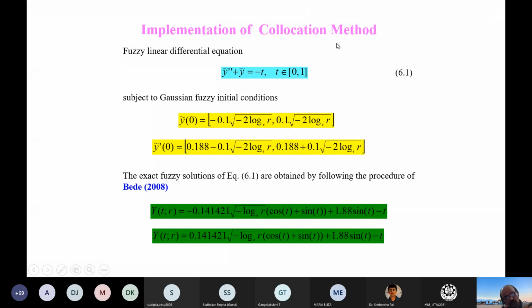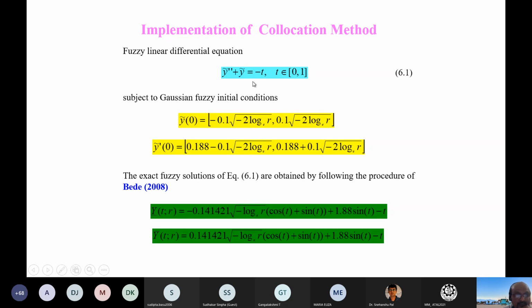Now the method of weighted residuals, that means the collocation method. I hope that the collocation method is nothing but the given differential equation. I have to find the residue, and that residue I need to collocate at different points. Then we'll get the solution. Before that, the dependent variable y I need to write in terms of a series. Collocation is a very standard method of weighted residuals. Here, we have implemented this for fuzzy differential equations.